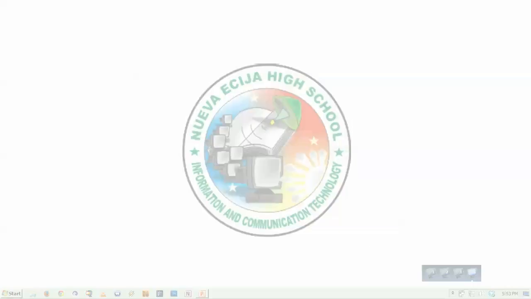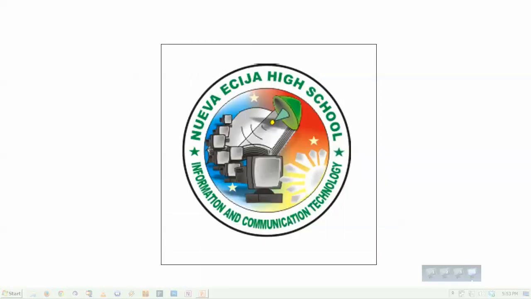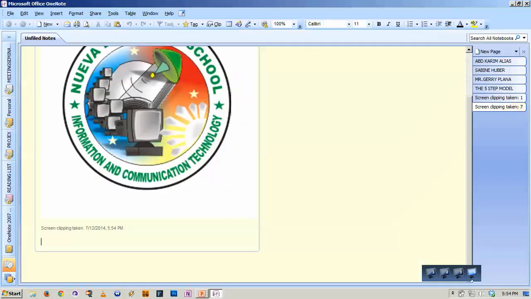Now let me just minimize this one and press the shortcut from the keyboard, Window plus S. So again, the background of the desktop appears to have a smoky effect. Okay, now the cursor again changes to a cross. So let's take this one. Let's cross shape, and here it is. The OneNote program copies the screen clippings. So yeah, we have your screen clipping.